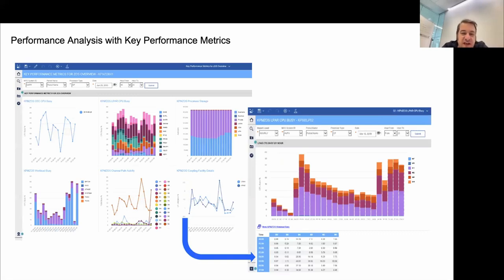So when we go and do that investigation, we can drive into reports such as our key performance metrics reports, and also some of the more detailed reports that are in there. The examples I'm showing here are coming with our Cognos reporting, but these are just front ends to the database. There is a lot of data within the environment that you can pull from to do this. Our KPM reports and our KPM tables